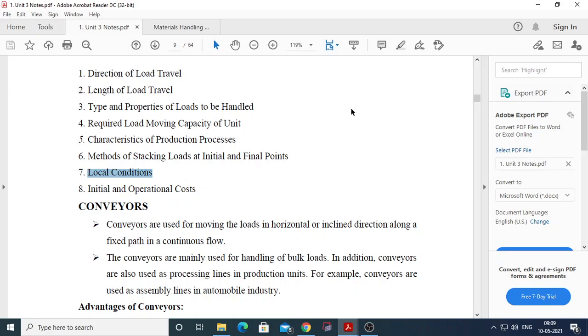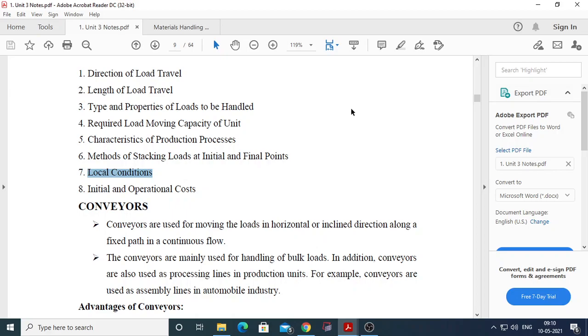Then again we require the safety conditions. The safety requirements, we have already seen in the objectives of the material handling system, there is operational safety. It should have a sufficient number of built-in safety devices. Alarm is there, siren is there, fencing is there, then coupling guard is there, pinion guard is there. There are different types of safety requirements.